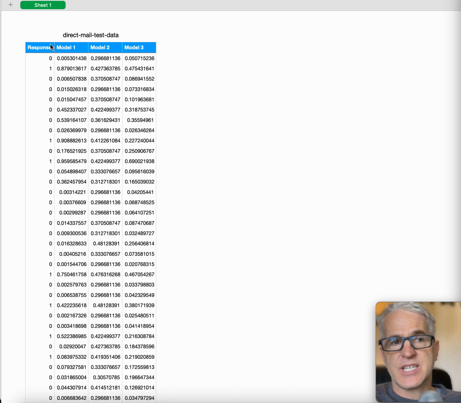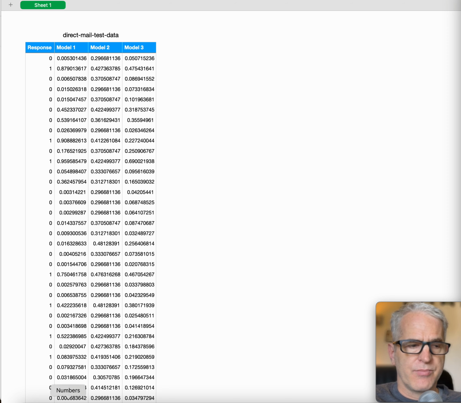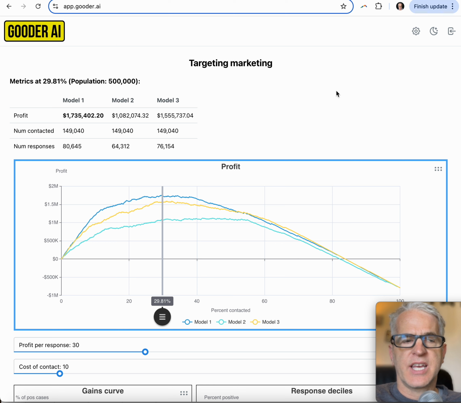So in the simplest case, you literally only need two columns. One is that dependent variable I just mentioned. The other is the score of the model for each case. In this example, we're comparing three models. We've got two more columns for the other two models. That's it. So once you get your data together that way,